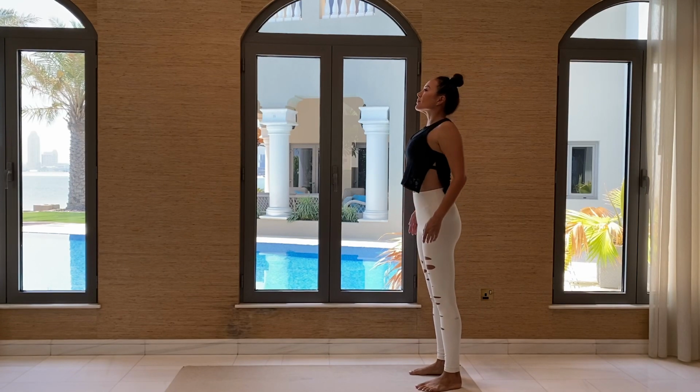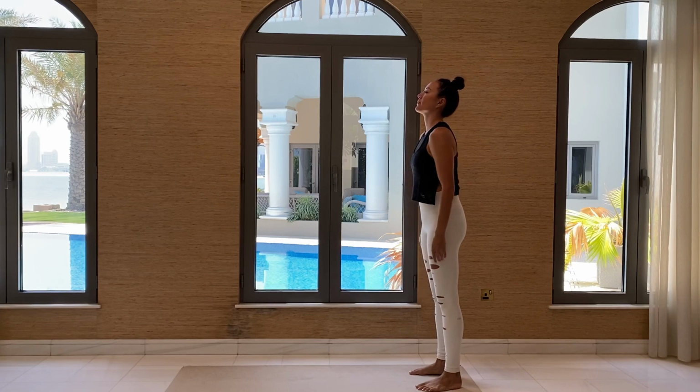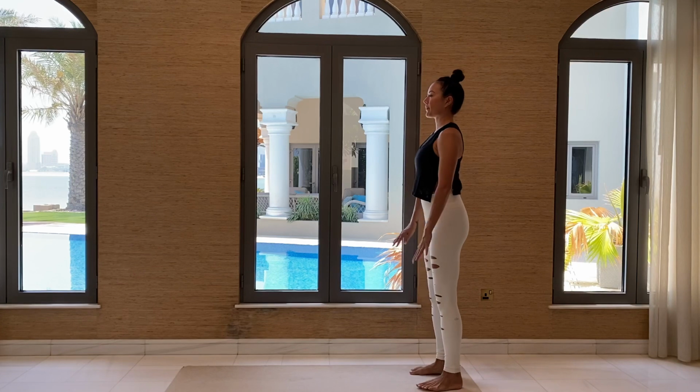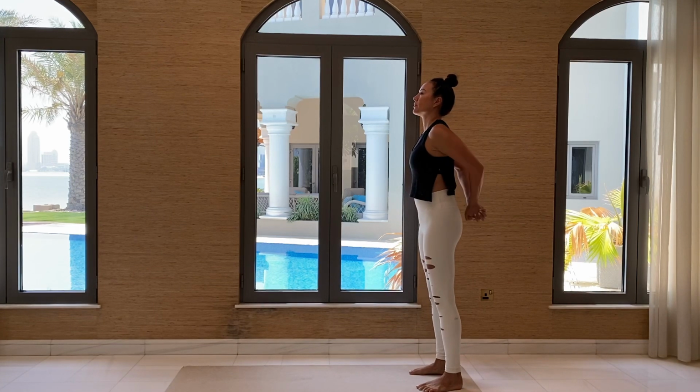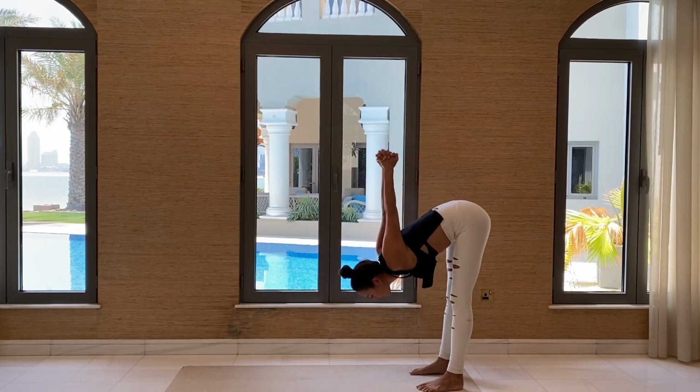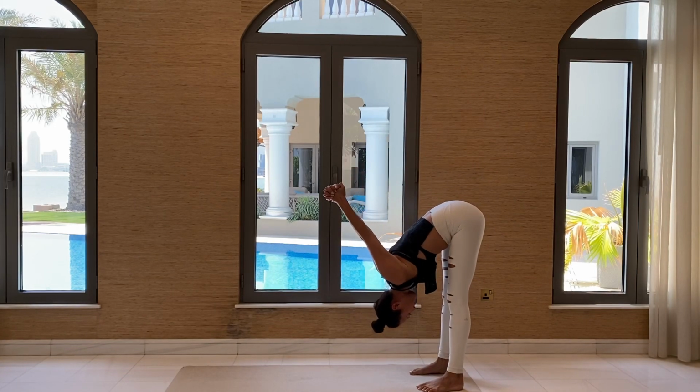We're going to start at the back of our mat with our feet hip distance apart. Take a few inhales in, roll your shoulders, and then reach your arms behind you, clasping your hands together, squeezing your palms as you lower down. Keep actively reaching your arms out in front of you,